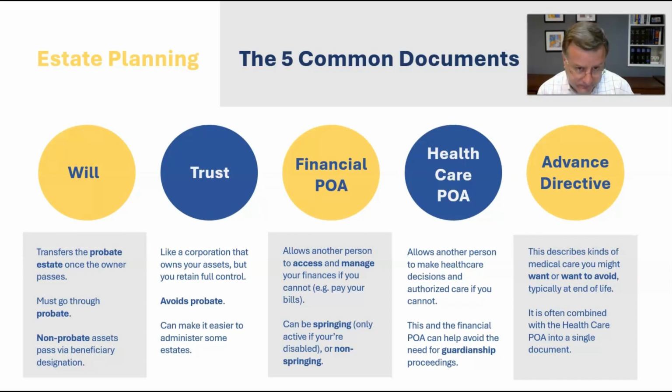The next type of document that we will commonly see is a trust. Now, there are many different types of trusts. Usually, when we're talking about the fundamental trust used in estate planning, we're talking about a revocable living trust. But regardless, the basic idea is the trust is almost like a corporation. It's not a corporation, but it's similar in that just like a corporation owns assets, right? So Microsoft is a corporation. Microsoft owns real estate. Microsoft has bank accounts. So too can a trust.